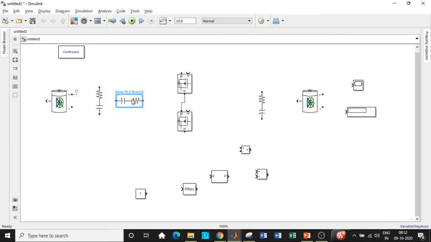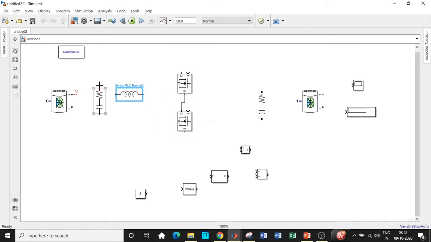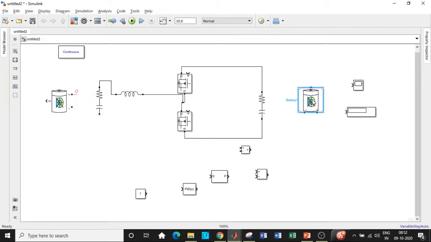We'll be requiring an inductor, so double click on this, choose an inductor of value 1 millihenry, and we'll be connecting it in this particular fashion. So at this point we'll be connecting this, and once that is done, I'll be connecting this between these 2 points in this particular fashion. And you can rotate this block, and you can give the battery between these 2 points. And in this particular fashion, we'll make the connection again. With respect to this, I'll be connecting this between these 2 points after the capacitor. So directly we'll get to know what is the voltage that is charging the batteries.